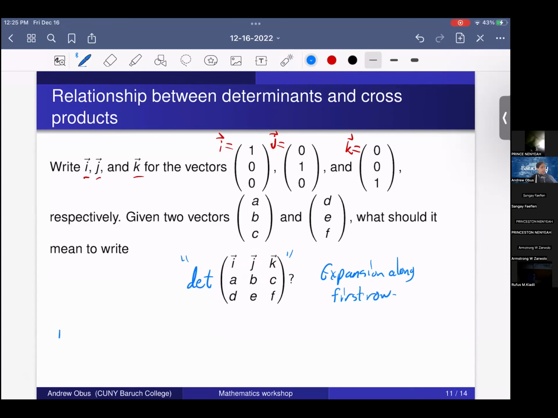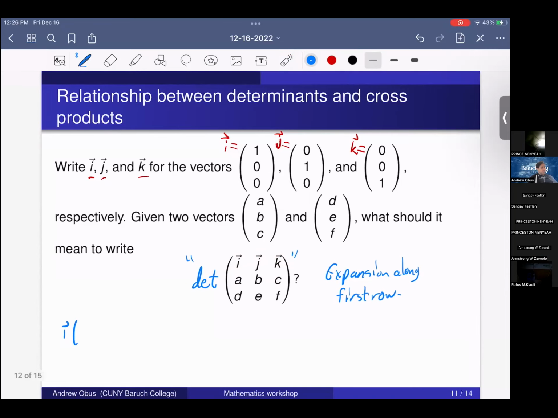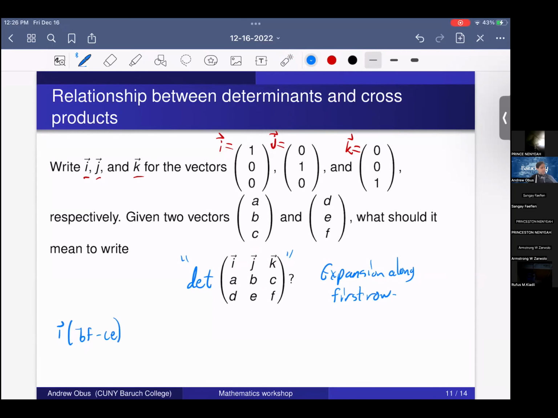So if I do it this way, what do I get? I get I times BF minus CE, and then minus J times, well, I get rid of the column and the row. I have AF minus CD. And then plus K times, what's the complementary matrix? AE minus BD. Right? Or in other words, how can I write this vector? Well,